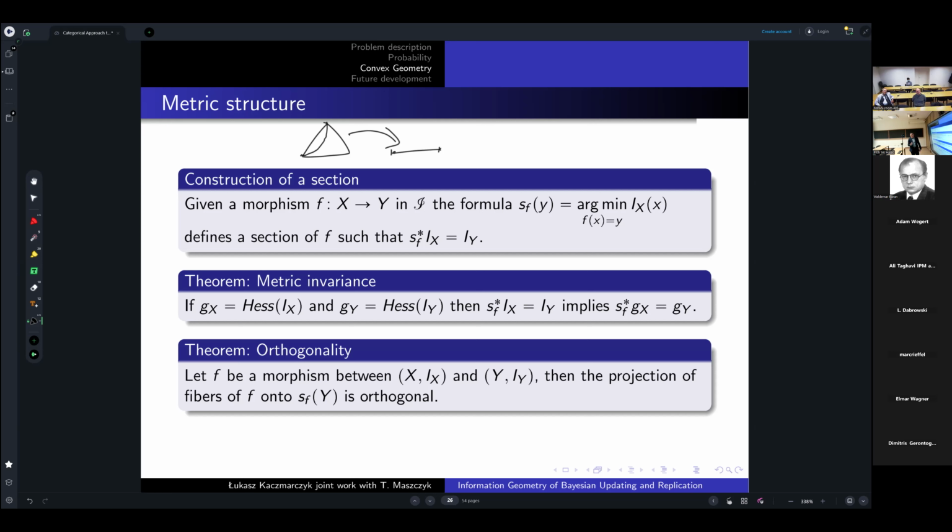And this S takes this interval onto this curve. And not only is it an isometry, the projection onto it is orthogonal,